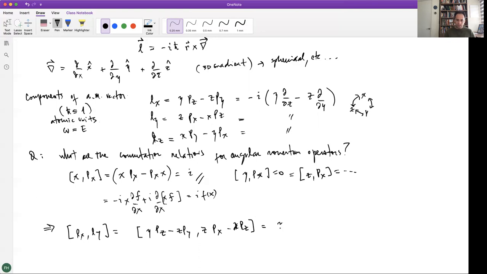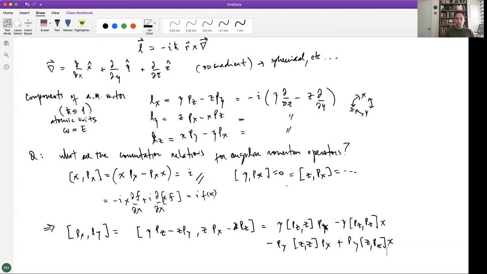So we can write down this like [y p_z, z p_x] minus [y p_z, x p_z], and then minus [z p_y, z p_x], then plus [z p_y, x p_z]. Okay, and then you notice that these two things commute because an operator commutes with itself. Also here,